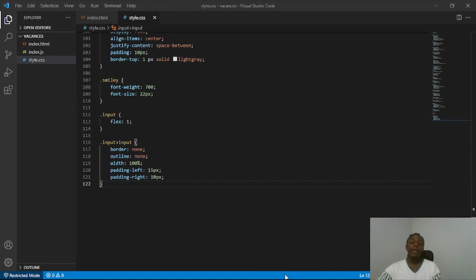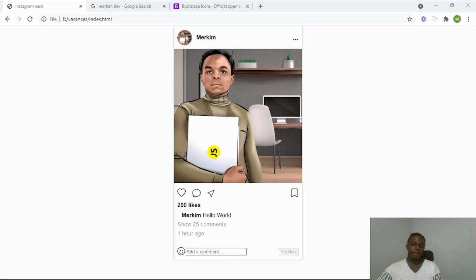So if I now give that a try, that's what we had, and now if I refresh, this is what we currently have down here. And in my opinion, it starts to look like the real Instagram now, because you can type in and you see how the input has been styled correctly. Now the remaining part is this button. We have to remove this border and this background and give it a kind of